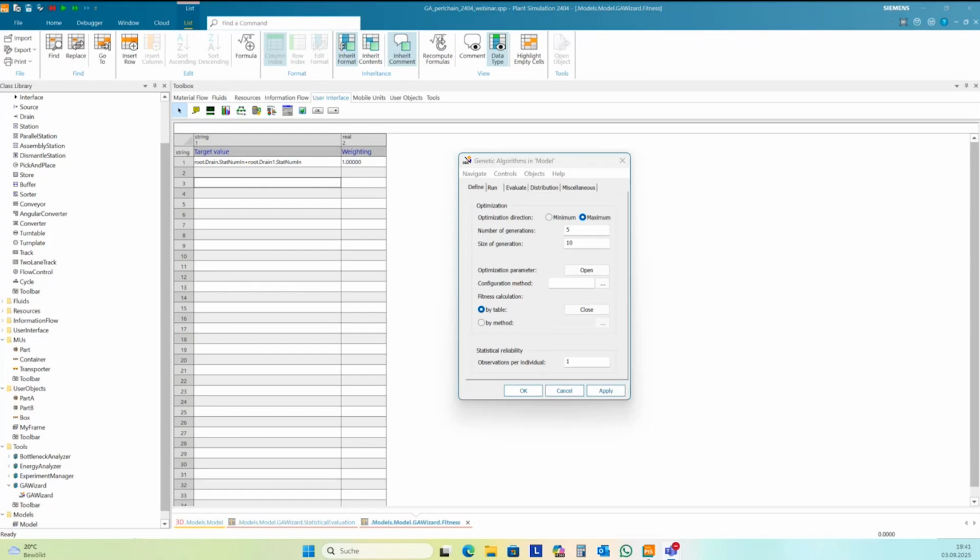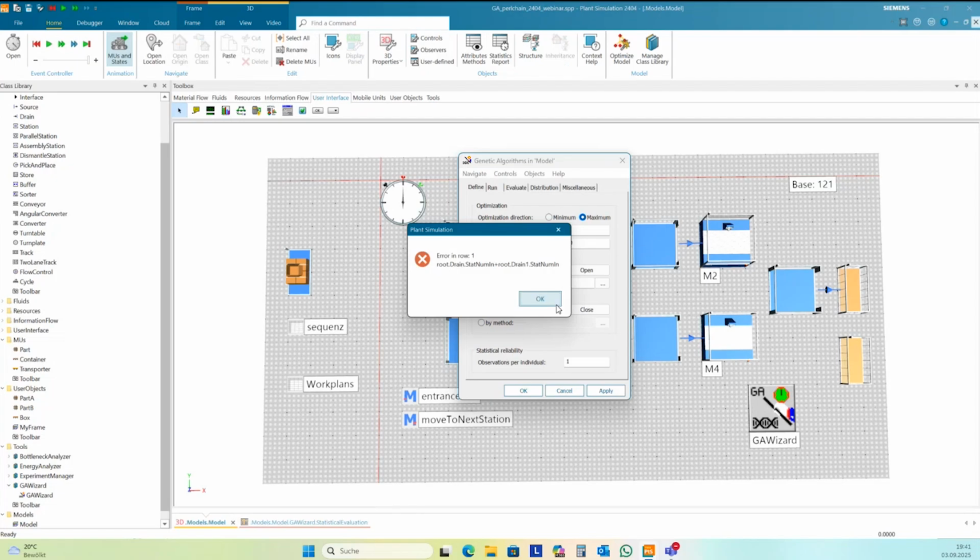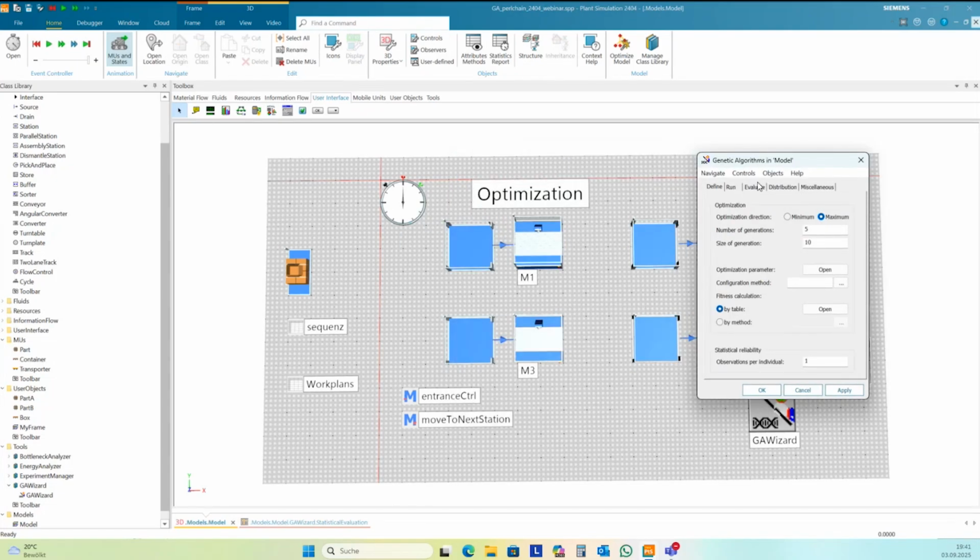But yes, normally if you have a program that selects the next free machine, this is only changing the order of something here, the sequence. There are other optimizations possible here with the genetic algorithm, for instance, for allocation. And so you can make other optimizations also with this genetic algorithm in plan simulation.